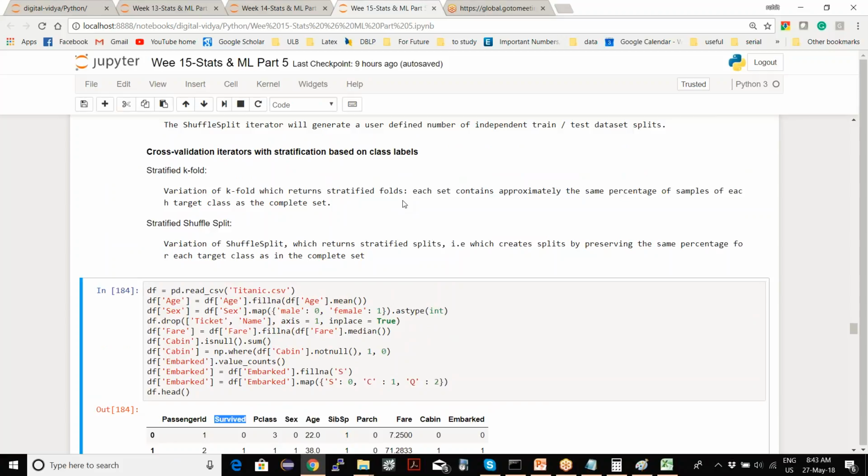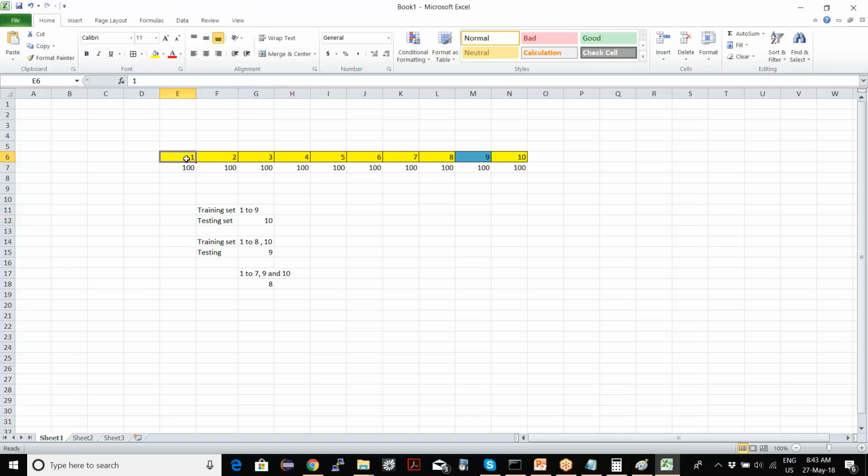If there are 10 classes, each sample will have about 10% of each class. It cannot guarantee exactly the same because the data has to allow it, but it will try to give the same percentage of samples of each target class in each fold which is created.